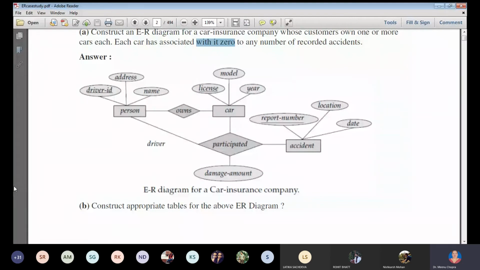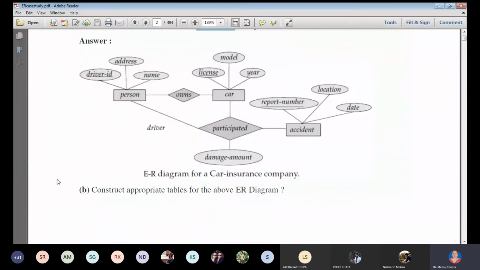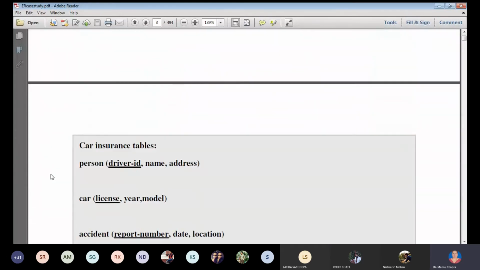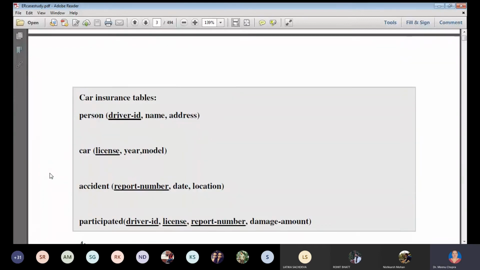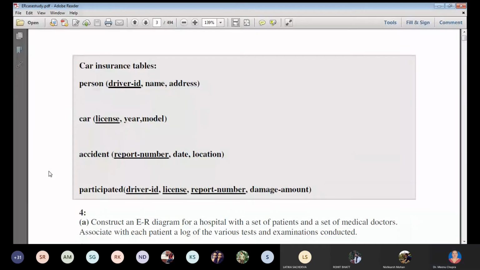To show your full-fledged ER diagram with all the notation, with all labeling, with all cardinality ratios, with all attributes. You can add yourself in that case to score good marks. And that is important if you show a good ER diagram. Same here, tables like this one, car insurance company, the person ID, car accident, and participated. Similarly, participated also has everything. So damage amount, license number, driver ID, report ID. So these are all your prime attributes.